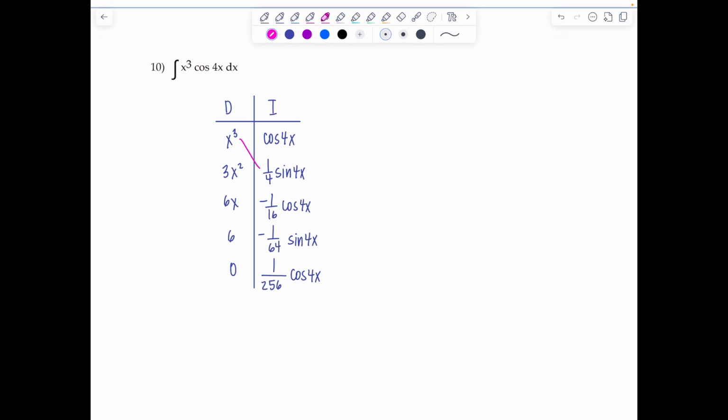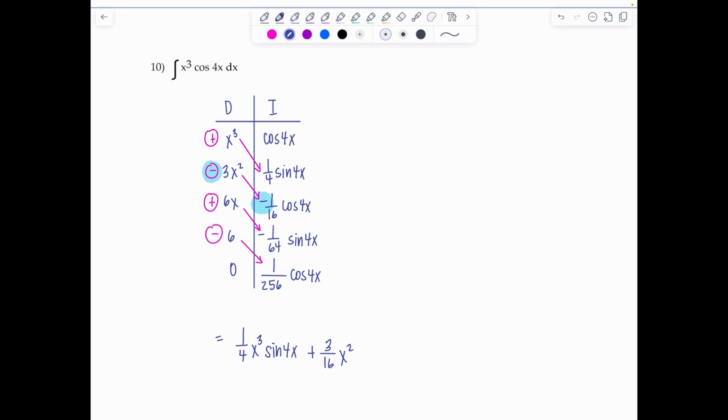Then we take diagonal products. Always left column to right column, one row down, and then the sign alternates. So the first one, don't change the sign, then add an extra negative and always alternate. And then we're pretty much done. So we got 1/4 x cubed sine 4x. The next one's going to be plus because you have minus and another minus. So plus